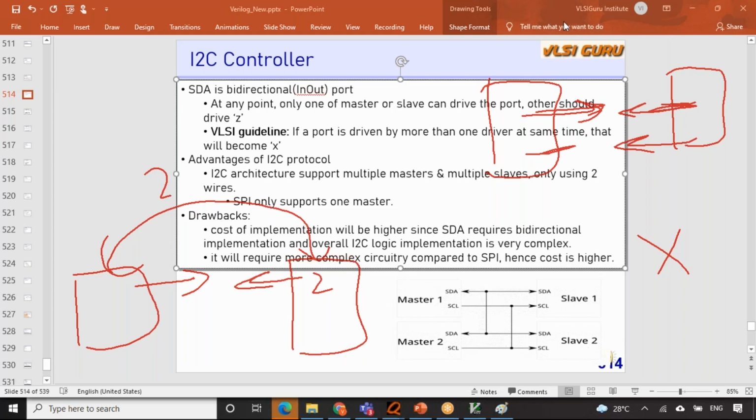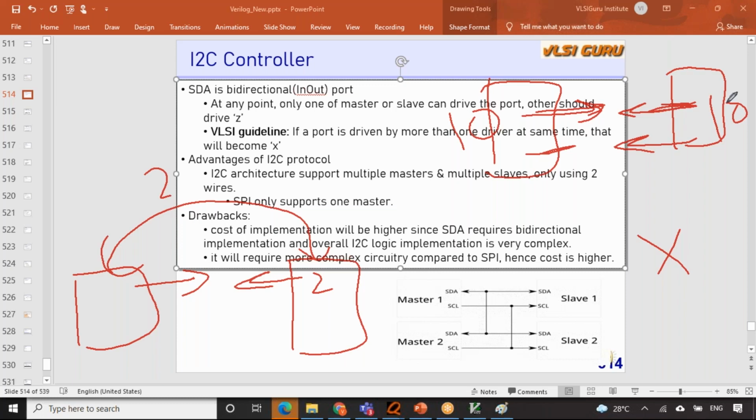So what will you do in case of the room example? What will you do? Forget I2C master, I2C slave. In the room example, let's say there are 10 people here, there are 10 people here. You want to send them in such a way that there is no conflict. Both the rooms will start from the same point. You will keep some clock cycles, some time. After 10 minutes, I will send. The other person knows that after 10 minutes, someone is going to come. I am not going to send anyone. I will be in a receiving mode. You will again have the same next 10 minutes or something where you know that the other person is going to send, I am going to accept. So that kind of mechanism, both of them have to develop.